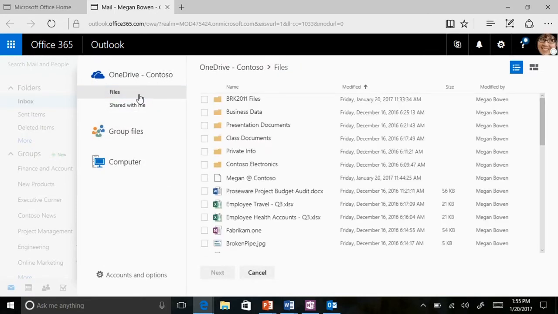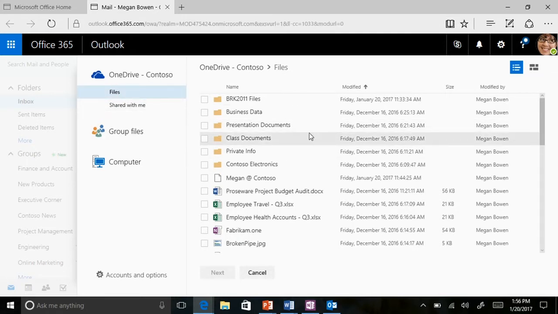So I didn't have OneDrive configured locally on our machine, so some of you in your organizations might be in the same sense that you don't have the OneDrive sync client actually syncing files from your local desktop or whatever folder your home directory is up to the cloud, but you might find yourself in the situation where you do actually have OneDrive storage. It's just via the widget or the Waffle app here. So this is the common scenario that you'll see is you want to attach documents that are stored in your OneDrive, whether it be personal or business. So it's important to be able to collaborate and share those documents.